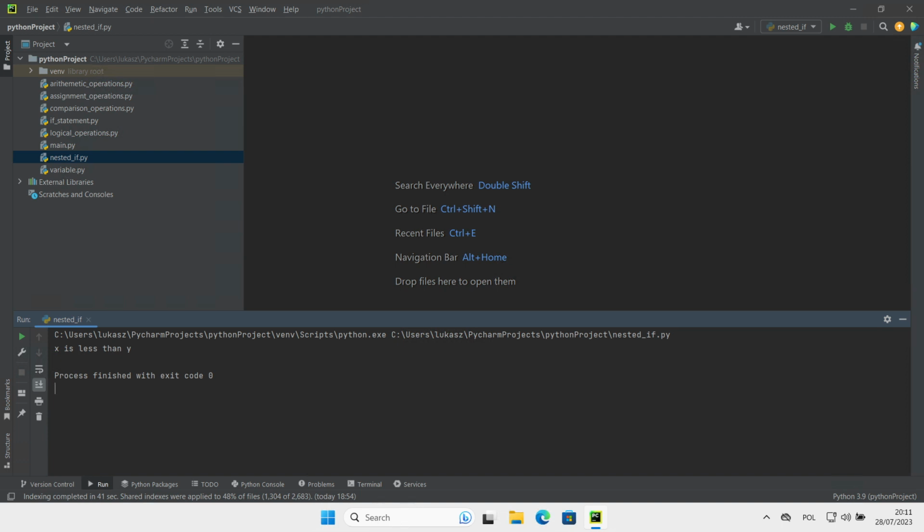And let's start with while loop. A while loop repeatedly executes a target statement as long as a given condition is true. Let's see an example. In our Python project, I will create a new Python file,